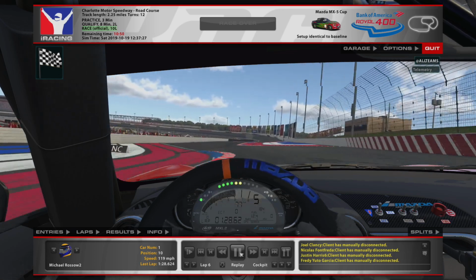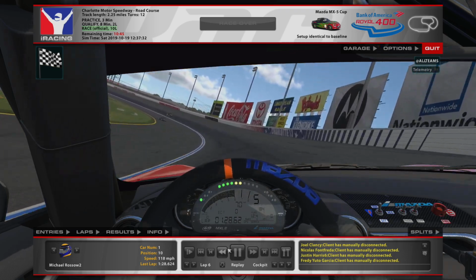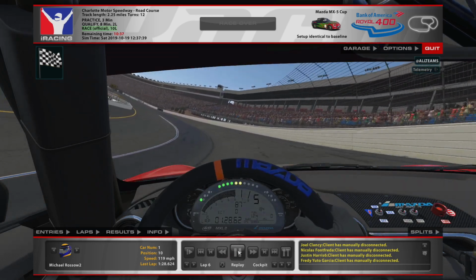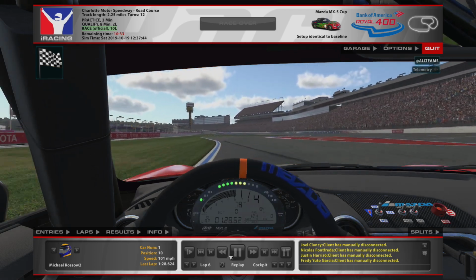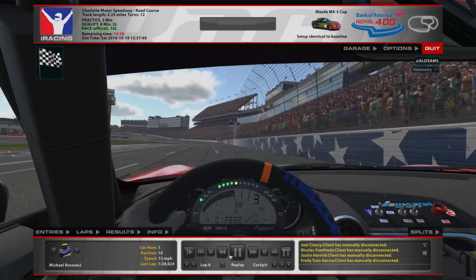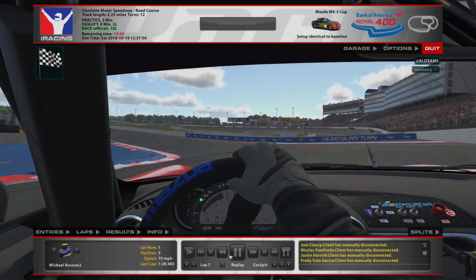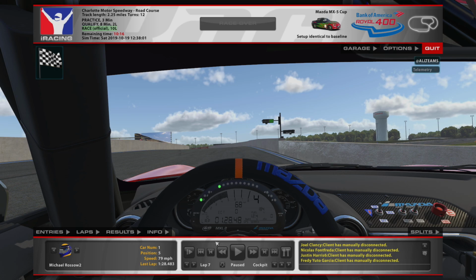Now that's another key thing there, is he's staying on it. And now that could be another key thing, is he's very much flattening that out. But coming here, a little bit later than I am, down to third. All right, well, let's see if he does this every single time with his fourth gear turn one business. So he's right up against the wall, just staying in fourth. All right, well, we'll give that a shot. That's definitely